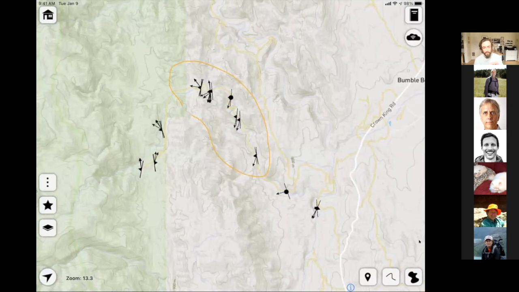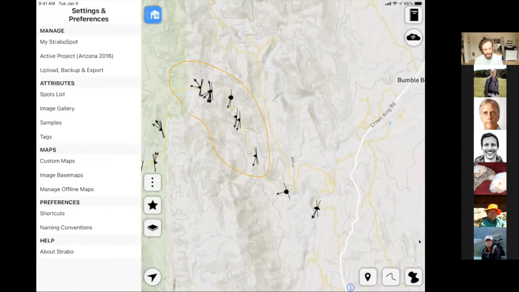So let's say that I'm back at the hotel or the campsite at the end of the day in the field, and I want to just peruse what I've done. We've built in the settings and preferences, so top left corner, we have this attributes area. So you can see spots, images, and samples. I showed this a little yesterday, but I'm just going to show it again. If you go to spots,